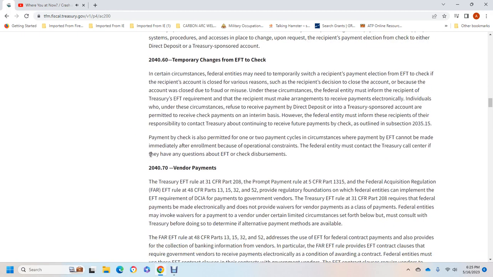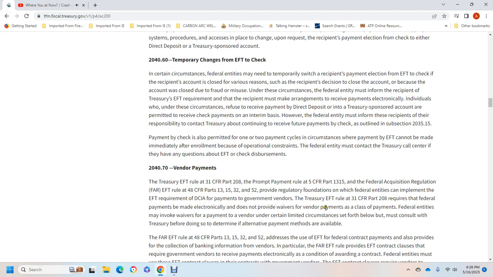2047, vendor payments. The Treasury Electronic Fund Transfer Rule, 31 CFR Part 280, the Prompt Payment Rule, Title 5 CFR Part 1315, and the Federal Acquisition Regulation Electronic Funding Transfer Rule, Title 48 CFR Parts 13, 15, 32, 52, provide the regulatory foundation for the federal entity to implement the electronic fund transfer of the government vendor payment. The Treasury electronic fund transfer rule of Title 31 Part 28 requires the federal payment of the electronic